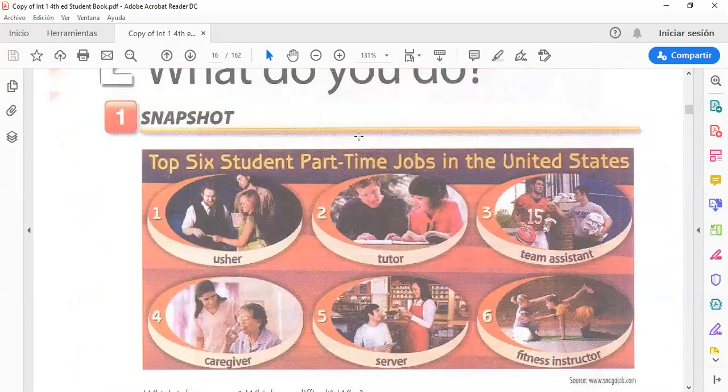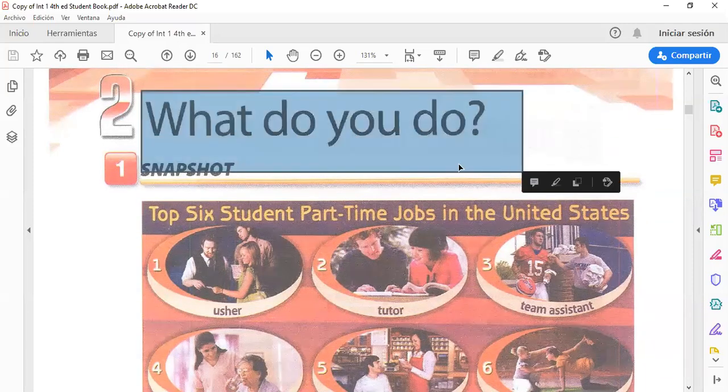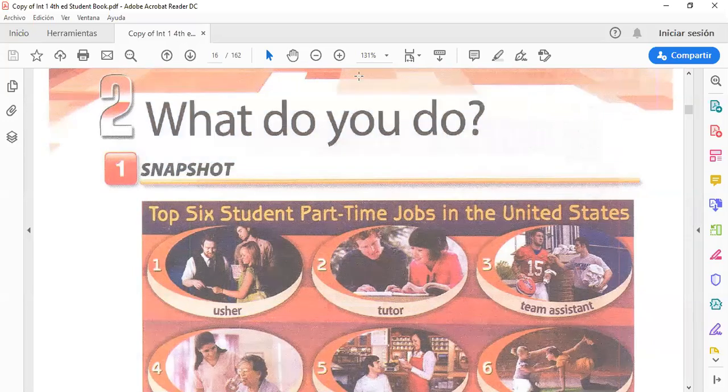So the next part, folks, is what do you do? The next unit is what do you do? So what do you assume when you say what do you do? Well, it's because in this unit, we are going to talk about simple present. When you say what do you do, or a similar question to that, it is because in this unit, we are going to